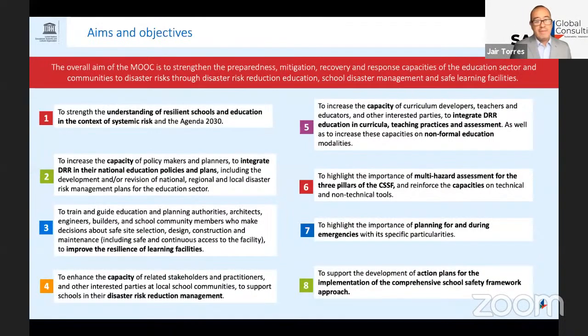So this is something that we're going to see in module number 4. Another objective that we want is to increase the capacity of curriculum developers, teachers and educators to integrate disaster risk reduction education in curricula and in the teaching practices and assessment. So how we really mainstream the concept of disaster risk reduction, of resilience, of conflict resolution within the curricula, and how we provide the necessary elements for teachers to really integrate this in their day-to-day courses,